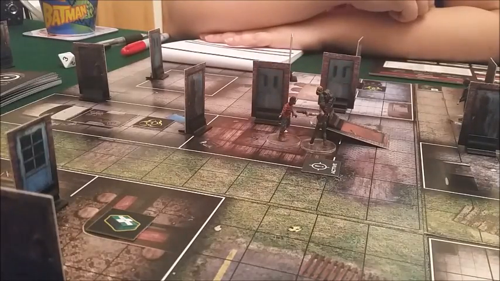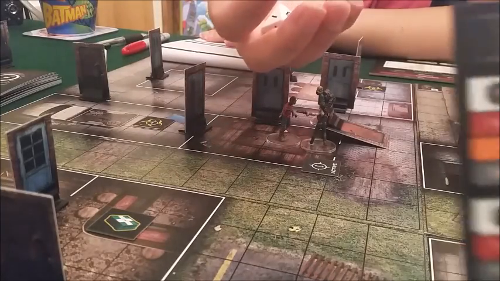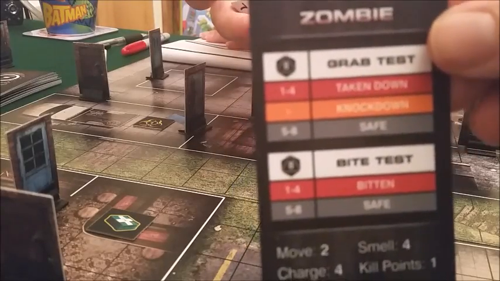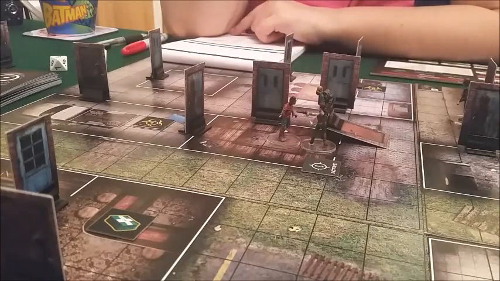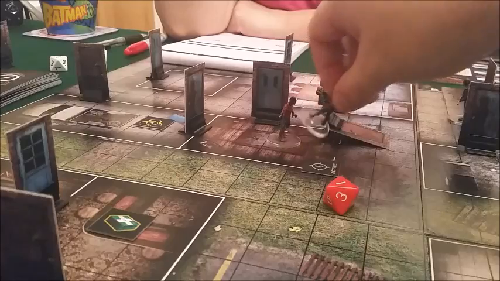What she would have to do is take a grapple test, right? So she rolls 1 dice, and if I can put that in front of it, you see there, it says 1 to 4 taken down, there's no knockdown, 5 to 8, she's safe. So she rolls the dice, she is safe. If she was, for example, say she rolled a 1 like I would have done, she would be knocked down